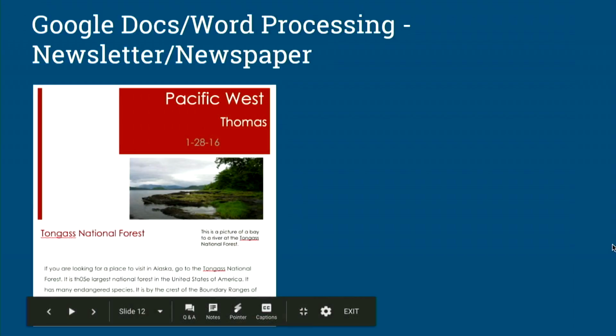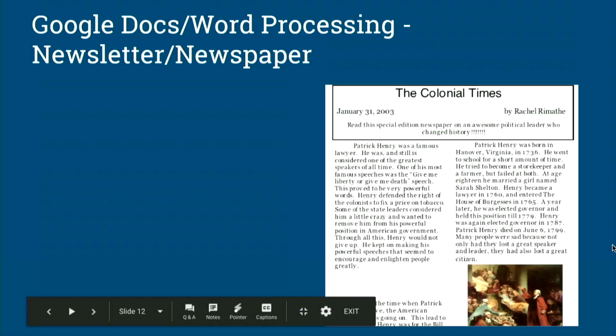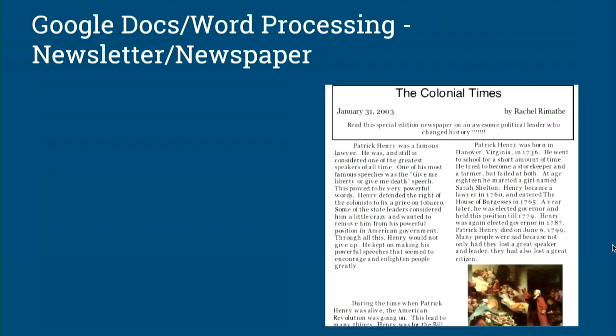Newsletters, and this is just a template out of Google Docs. So they took the template and plugged their own information in it, but they had to do it in a newsletter format or a newspaper. So they just took a blank document and created a newspaper